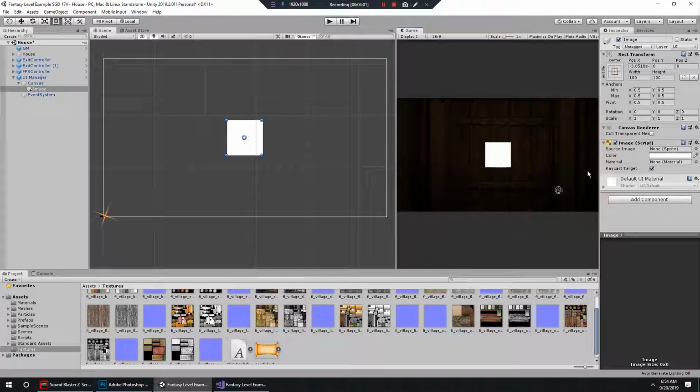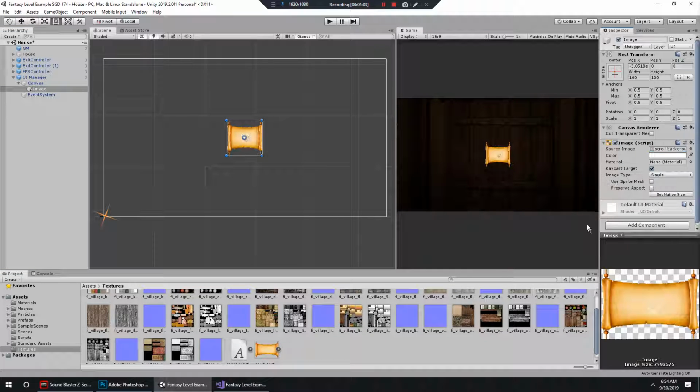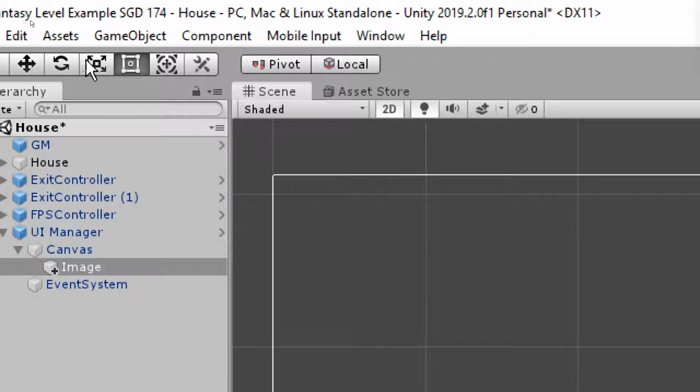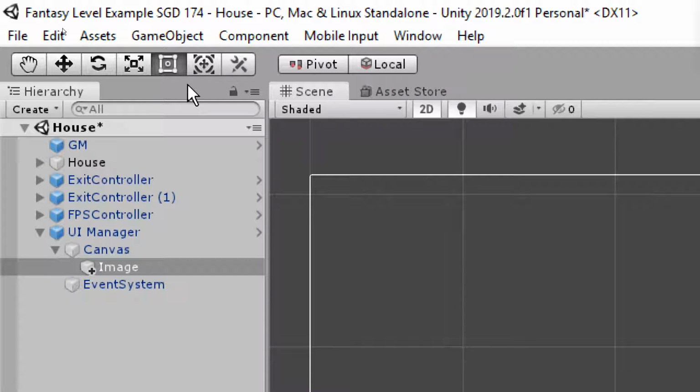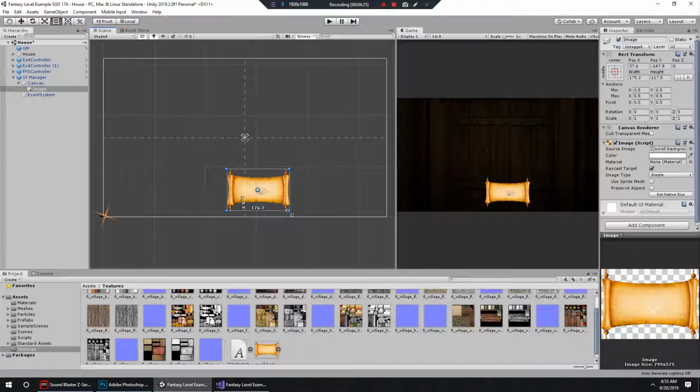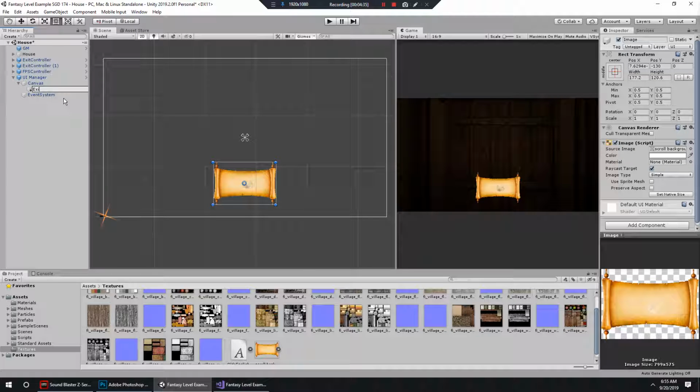So I'm just going to drag and drop my background scroll right there, and then using my rect tool, not my scale or move or rotate, but my rect tool, it allows me to work with 2D graphics a little bit more easily. And I'm just going to make sure that it's right at the center of the grid, and I'll probably need to scale it a little bit. I think we can get a good message to fit on that. And I'm going to put it kind of towards the bottom of the screen. All right. And I'm going to say that this is exit